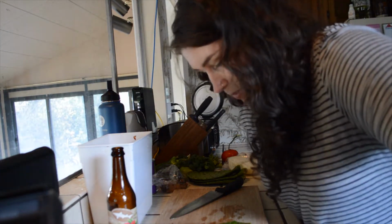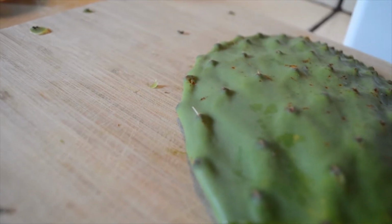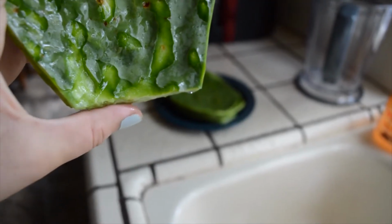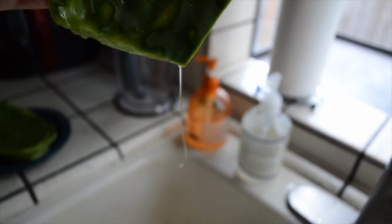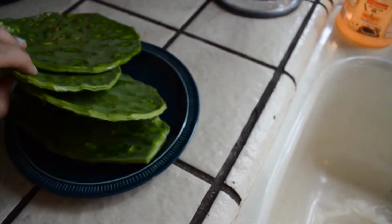So give yourself about 4 to 5 minutes per paddle if you're a beginner. You see that little thing right there? That little spine? Yep, definitely poked myself on that. Check out the goop on this, you guys. It'll drip too. Look at that. That's so crazy. But yeah, I finally have 4